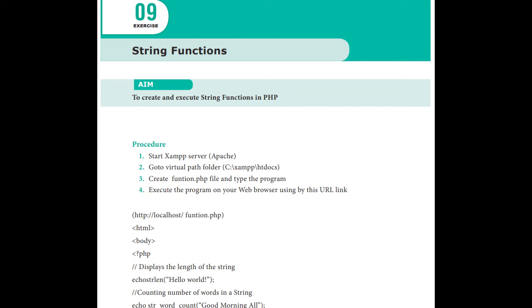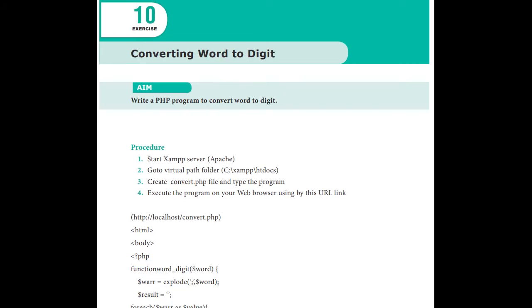Okay, and coming back to the 10th exercise, converting word to digit. Here we will use switch case. As I said, if you are learning the switch case, if statement, and if else if statement from 11th, this will be easy. Because here you have a small chapter, I'll go a little fast. If you learned conditional statements and looping structures well in 11th grade, it will be very easy.